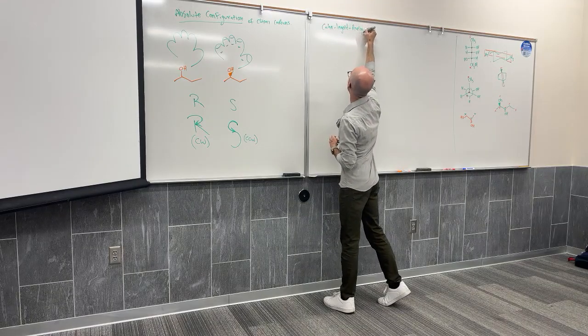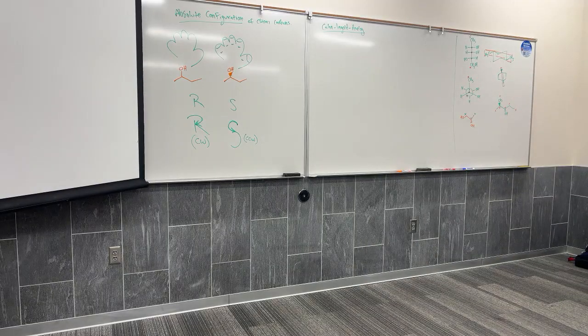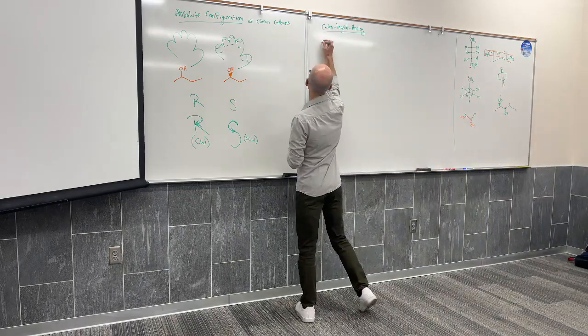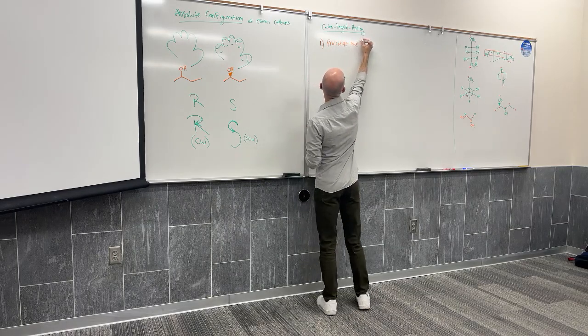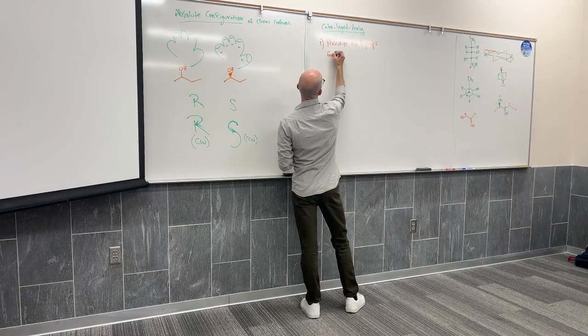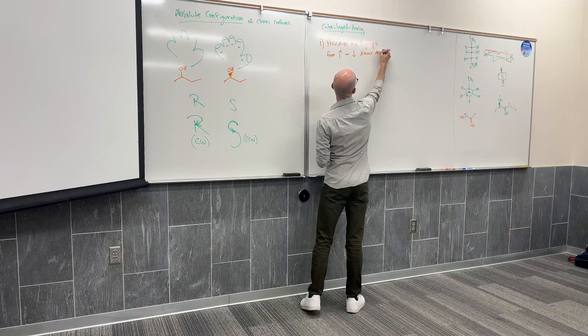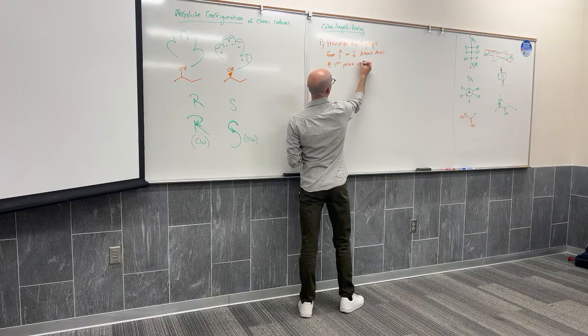Rather than giving this a name, like the absolute configuration priority name, they called it after the 3 scientists that worked it out and developed it. So the Cahn-Ingold-Prelog rules. Their first rule says prioritize the 4 groups from highest to lowest atomic mass at first point of difference.